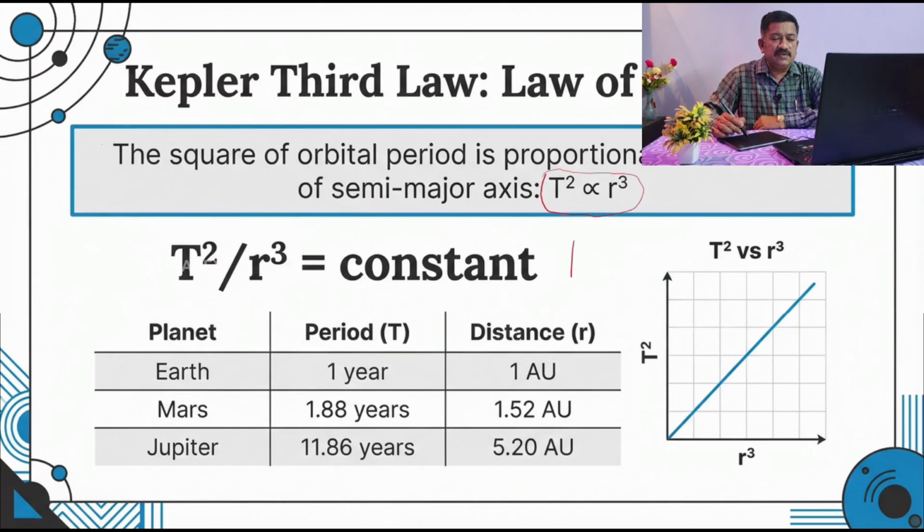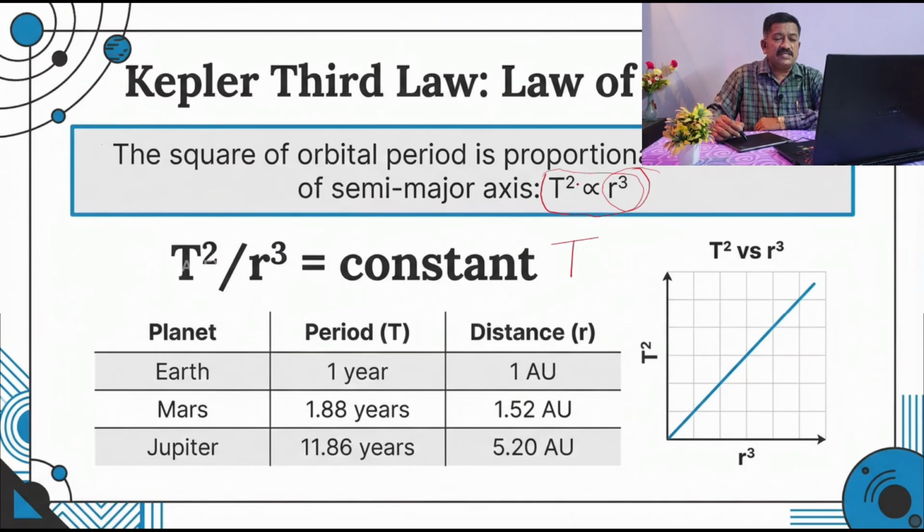So here it is given that T square is proportional to R cube, where capital T is the time period. Time period is nothing but the total time taken for one full complete rotation. And the square of this time period is directly proportional to the cube